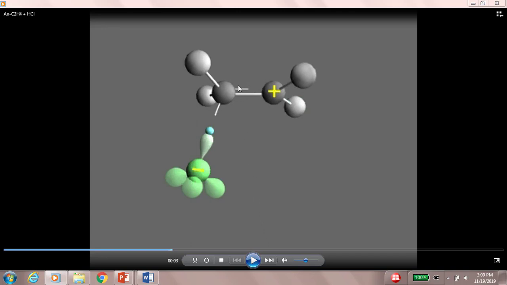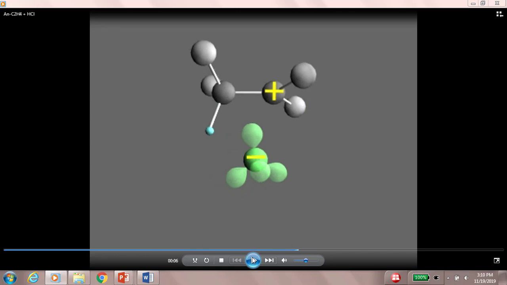the double bond converting to a single bond, and that pair of electrons is the source of the new bond between carbon and hydrogen. And the old HX bond is converting now to a lone pair that will stay behind on X. You also see a negative charge developing on X and a positive charge developing on the right-hand carbon of the original alkene. We'll continue this. So we form the new CH bond.